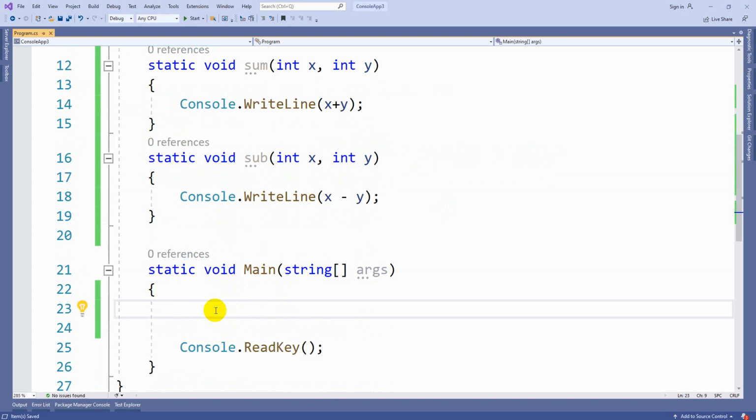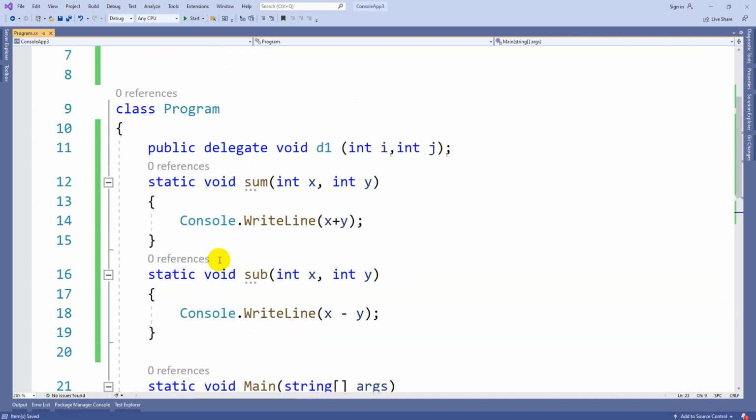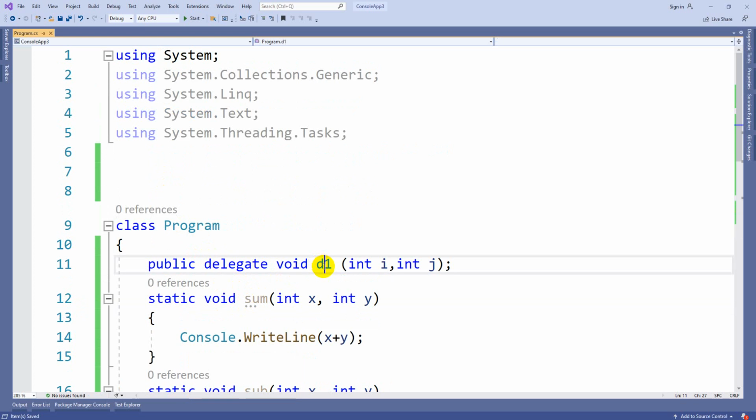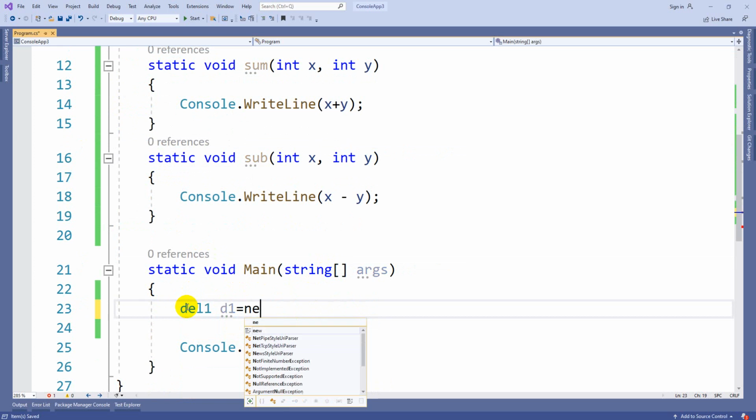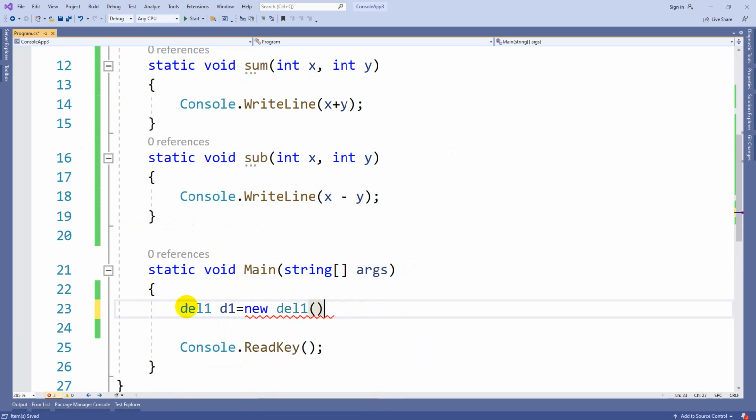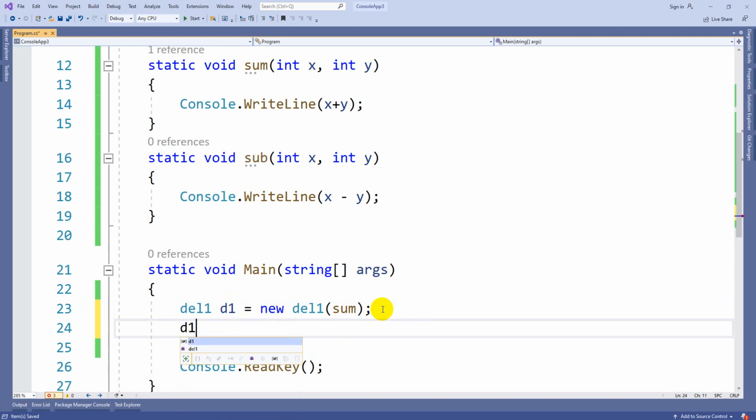Now you can target like this: del1 d1 is equal to new del1 of, and here you should pass which method you want to target. Here, for example, I want to target the sum method, that means d1 is targeting the sum method. d1 of, here you can pass two values.